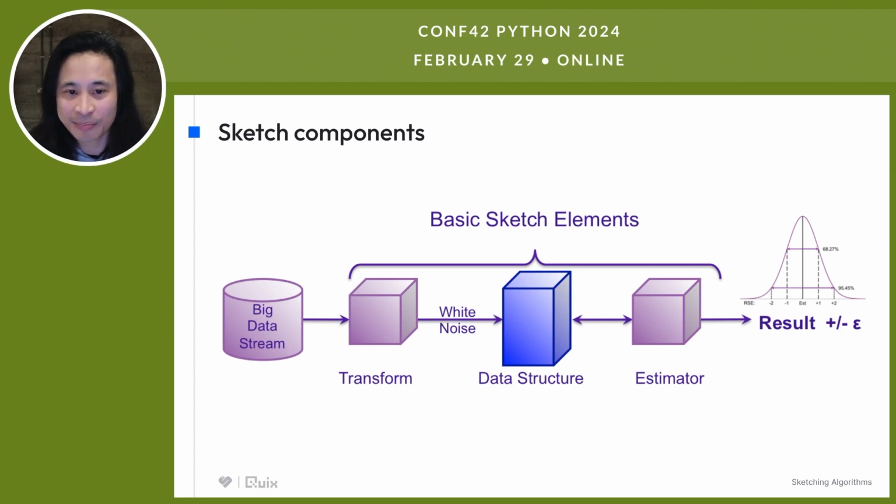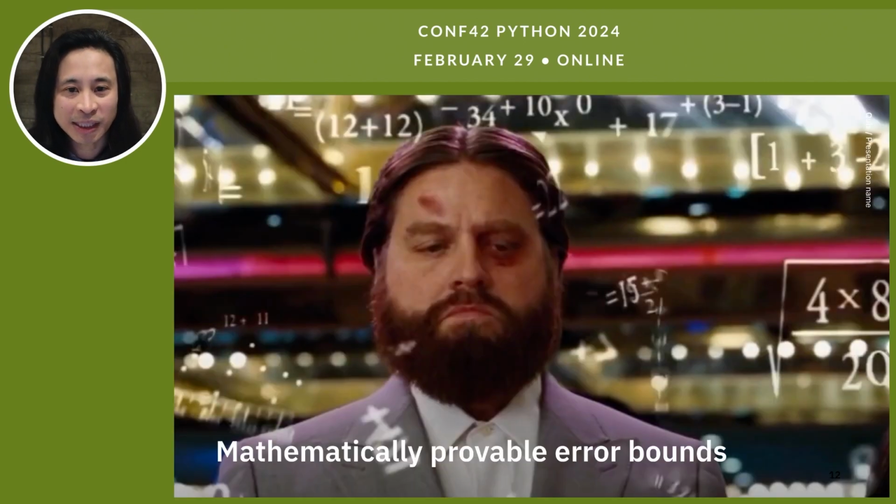And the last stage there are estimator algorithms that take a query, look it up in the sketch's data structure, and return a result. Now this result would be an approximate, but the important thing to note is that it will have mathematically proven error distribution bounds. So this helps in dealing with the confidence of the results. Whilst tools like ChatGPT give you an approximation, it's not always transparent about its error thresholds, which is why you get those things called hallucinations. But with sketches, you have mathematically provable error bounds, which helps with confidence that the approximation is sufficient.